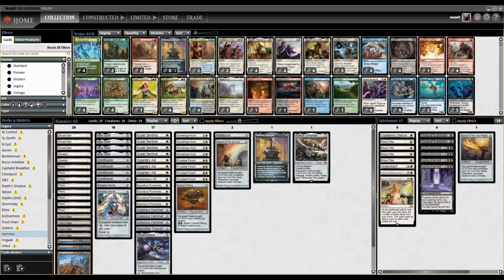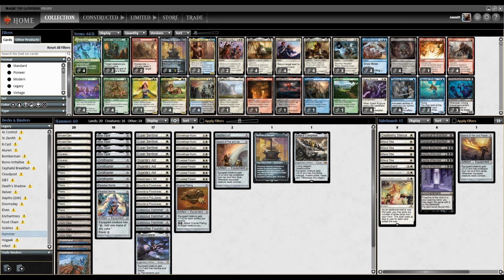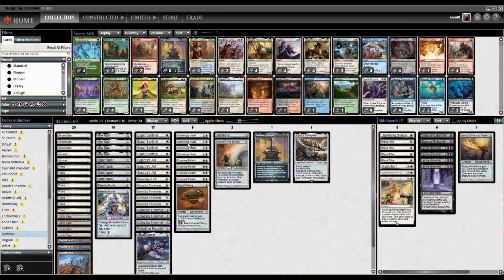We also have Paradise Mantle to make mana, Ornithopters, Mox Opals, Esper Sentinel, and Swords to Plowshares to interact. 1 Steel Shaper's Gift to go search for equipment, and 4 Stone Forges to go search for equipment. And that is pretty much...